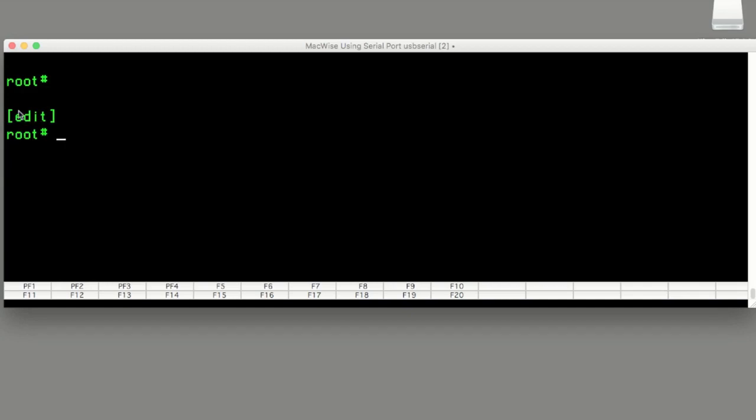If I wanted to edit something in an interface, for example, I could do it from the edit hierarchy just using a set command. So say, for example, I want to add an IP address to an interface. I can do this: set interfaces ge-0/0/2 unit 0 family inet